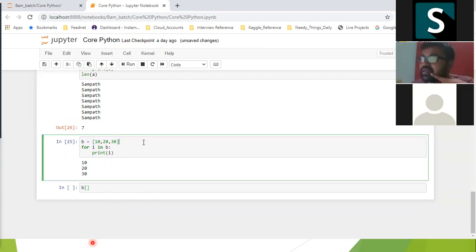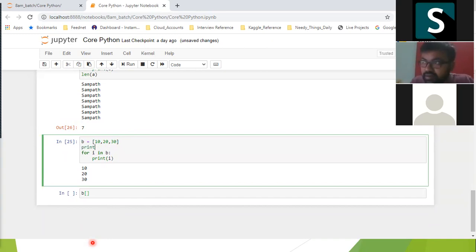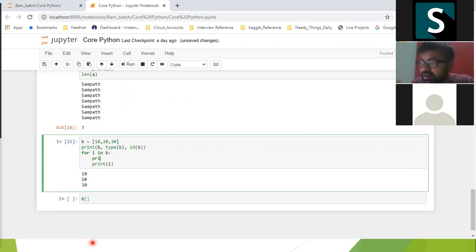So here I can say print B, type of B, and ID of B. Again, print I, type of I, comma ID of I.